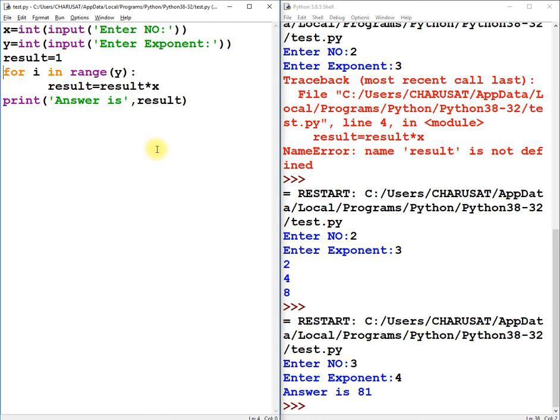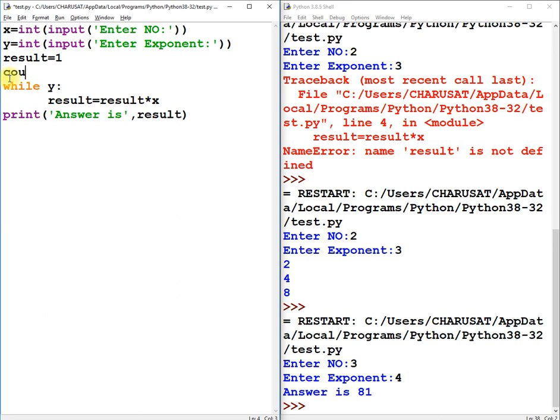We know that while is an entry control loop, that means until and unless the condition is satisfied, it will not execute. So I will change this with a while statement. How many times do I have to run this loop? I know that y times. So I have to make sure that this loop executes y times.